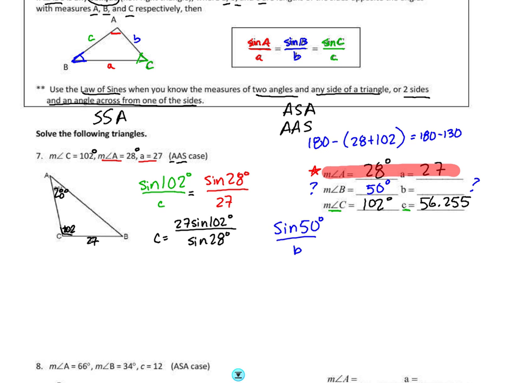Always referring back to angle A, sine of A, and side little a, because those two values were already given to me and they're not an approximation, they're exact values. Whenever we have a chance to use exact values, we want to take advantage of that. So when I cross multiply, I end up with b being equal to 27 times the sine of 50 degrees, all divided by the sine of 28 degrees. Plugging that into my calculator, my rounded value is 44.056